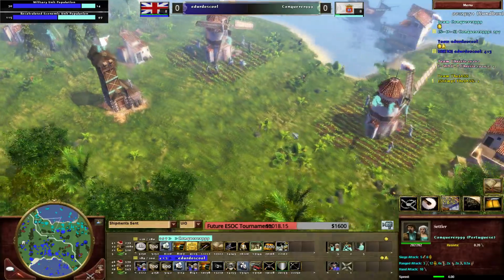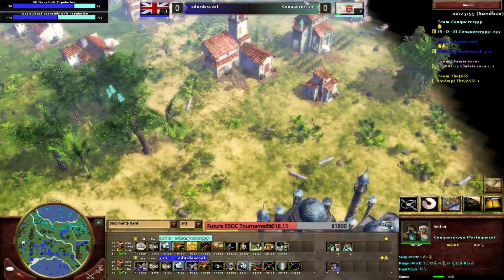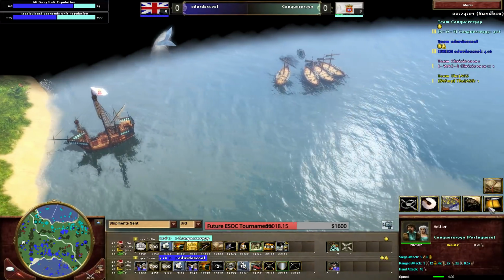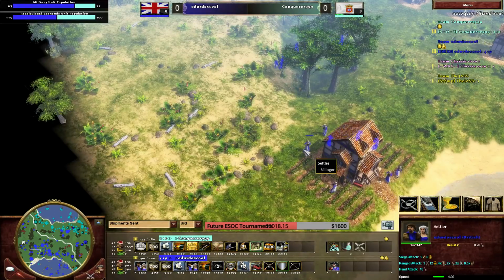Wait, is there a plantation for Port? Where is it? He has a plantation, so... Ah, here it is. Okay, yeah, never mind. He does have the plantation. It's not upgraded yet. Yeah, he has one plantation upgrade. It's on the villager, not on the plantation that you have to...